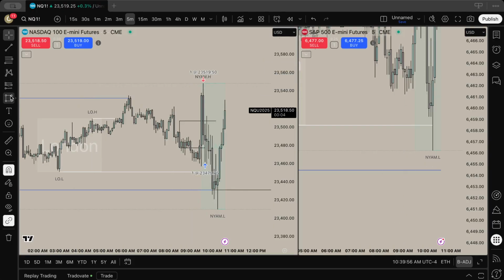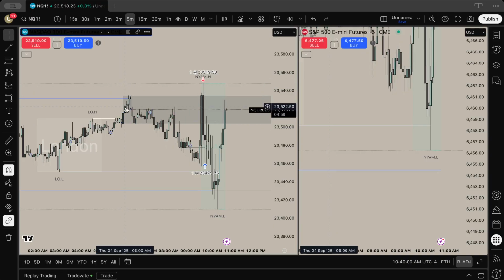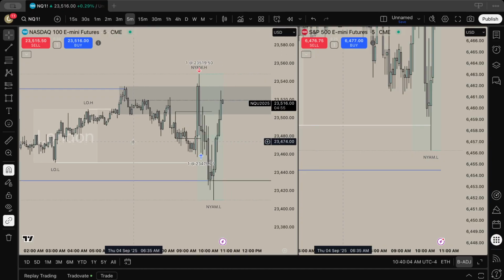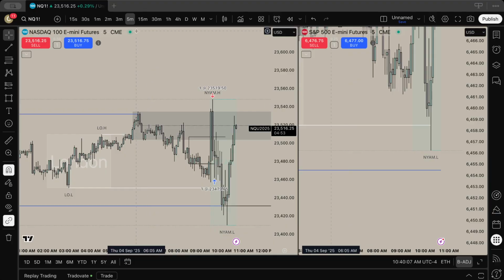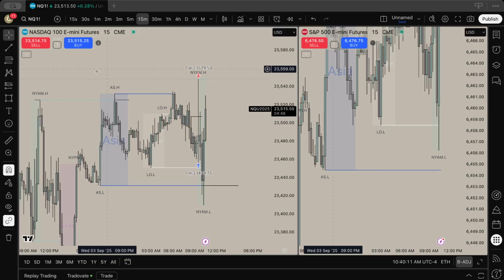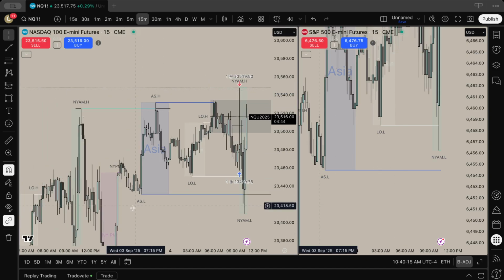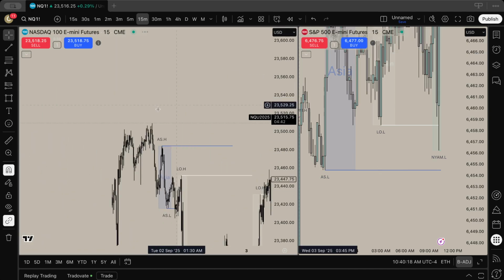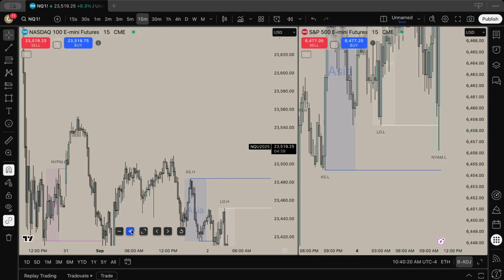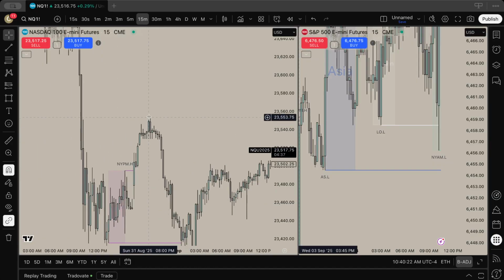So I see this 15-minute order block right here. Why is this an order block? Well, this is an order block because this is the series of up-close candles that swept the high, right? So we see this order block, and this is the 5-minute time frame. Whoops, let's go to 15. Okay, same order block right here. And then we also have another order block all the way back here, which is an even better order block because it pulled into this fair value gap. The order block is these up-close candles right here, right?